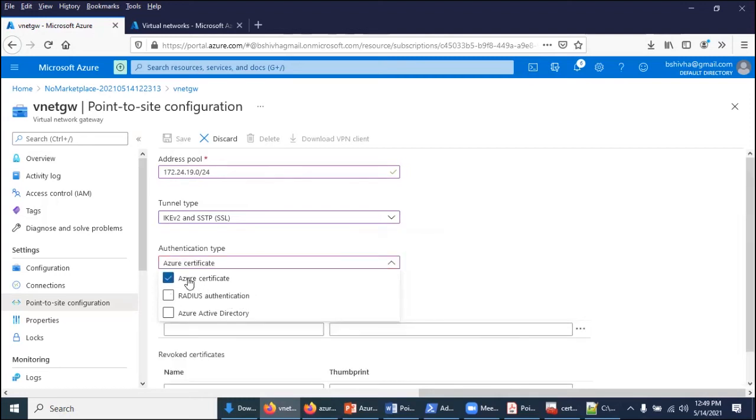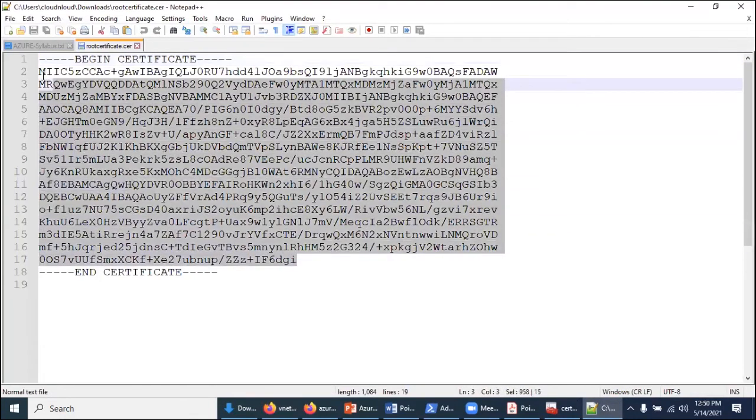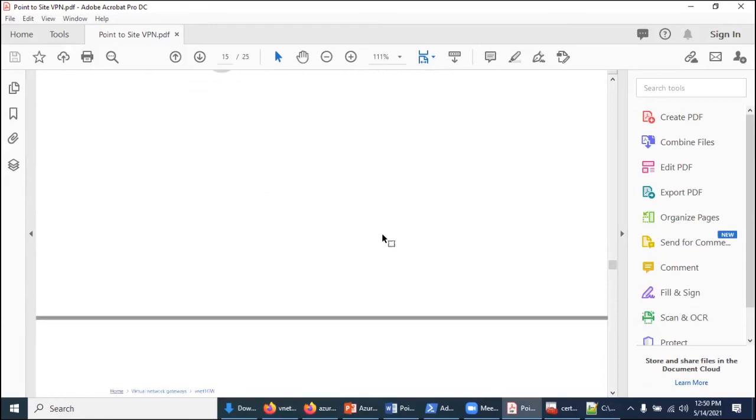So Azure certificate, we'll go with the Azure certificate. So here we will see root certificate and public certificate data. So copy this. So we have mentioned, right?